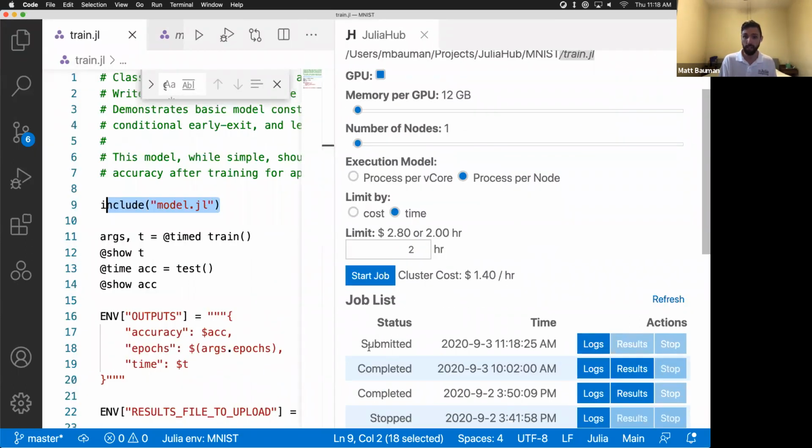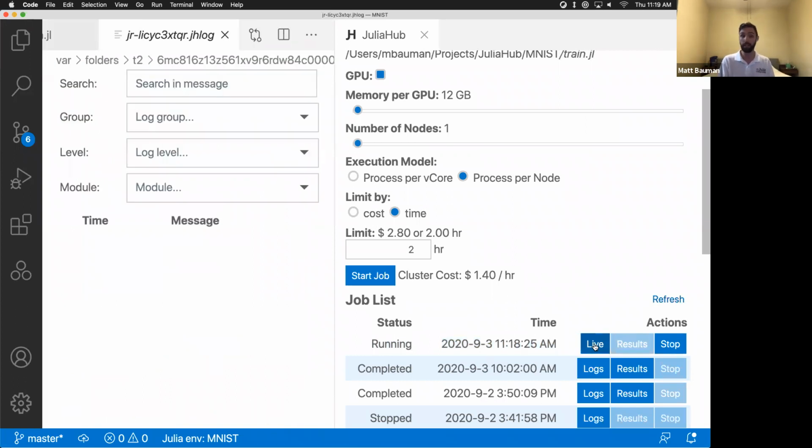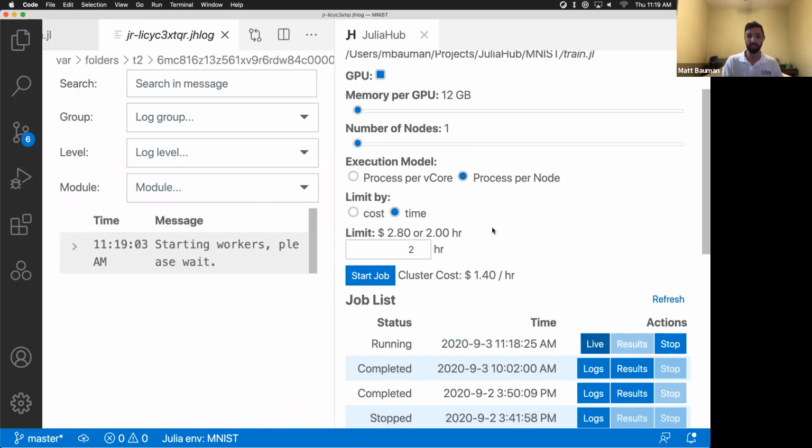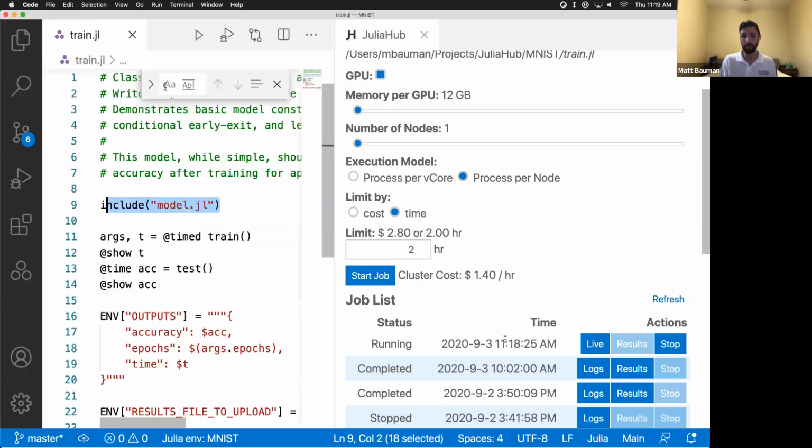You can actually see this here. I have a new submitted job that I just submitted a minute ago, or not even, and now it's running. And I can actually watch the live logs come in here as it boots up this machine in the cloud, connects to it. You can see here it's starting this worker, getting things all ready to go. And instead of waiting, this will take about 10 minutes to boot up, run the code, complete, train it, and get things going. Instead of waiting for that to happen, I can just pull up a run that I did